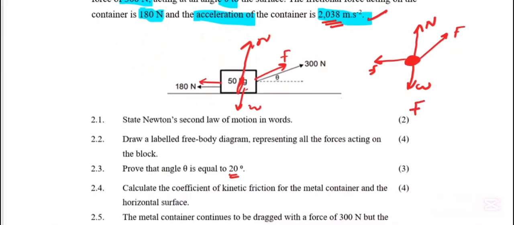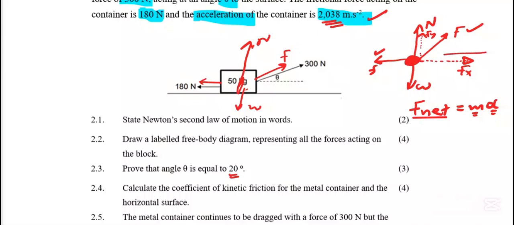Remember, there is that formula for Newton's second law. F net is equal to ma. We do have acceleration, we do have the mass of the object. So let's check the net force. The net force is made up of the applied force and the friction, because the object is accelerating in this direction. So we must resolve the components. We have Fx, then we also have Fy there.